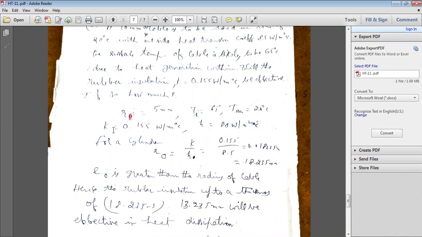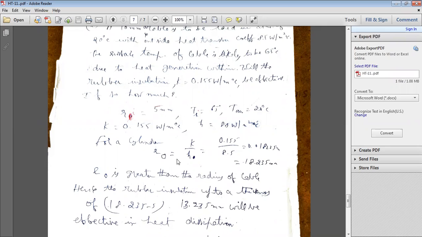If you observe electrical wires, inside there will be the copper wire, and outside there will be insulating material, that is rubber. So K, the thermal conductivity of rubber, is 0.155 watt per meter Kelvin. And the convective heat transfer coefficient H of the outside air environment is 8.5 watt per meter square Kelvin. For a cylinder,